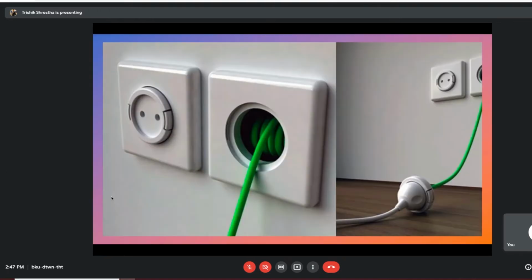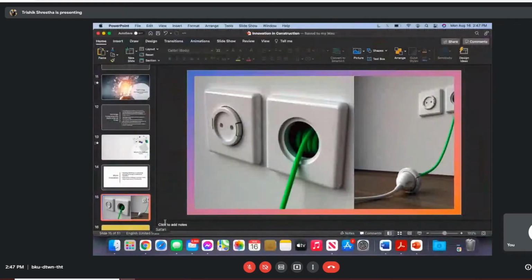So when we talk about micro innovation, products like these come to mind. This particular product, it's not a product, it's actually a feature that is starting to pick up in houses in the UK and the US. We all have this problem of finding extension cords, right?